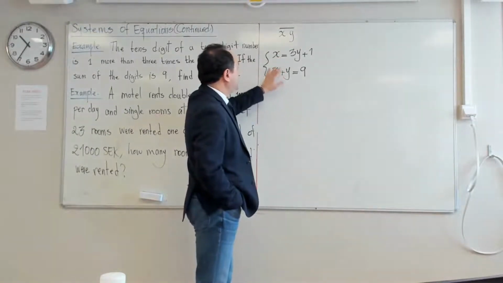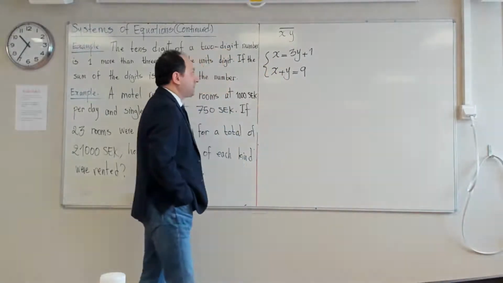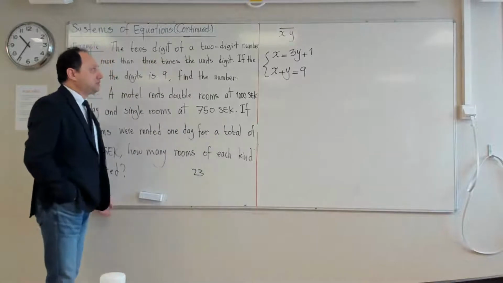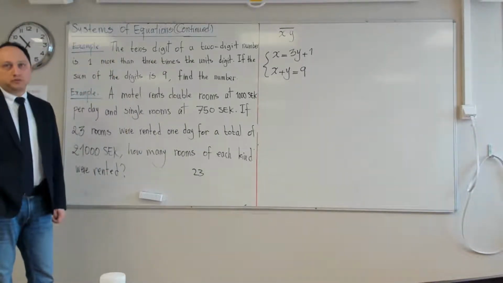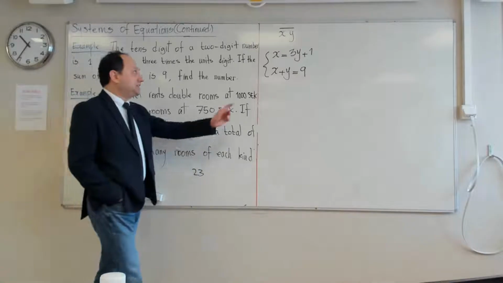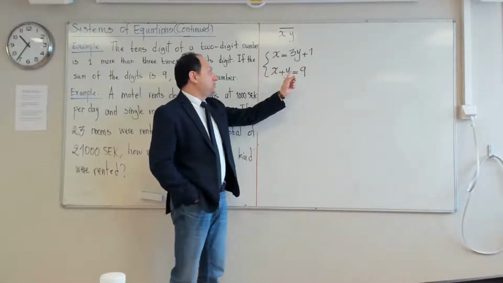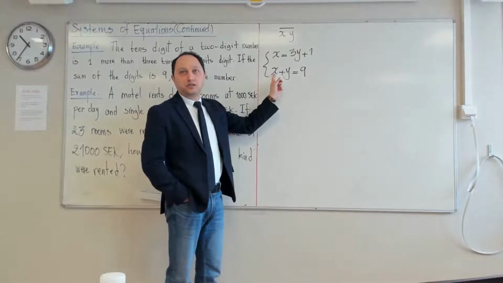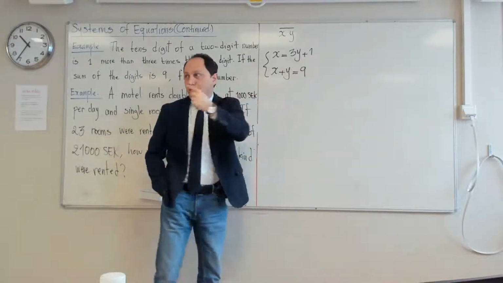Which method? Do you remember we talked about two methods for linear systems? One method was called substitution or elimination, and the other one was called addition. Which one do you prefer, Hussein? I would prefer substitution. Yeah, substitution is better, because it is mentioned that x is equal to that. So it is better to go to the second equation and replace x with what you see. And then you immediately face